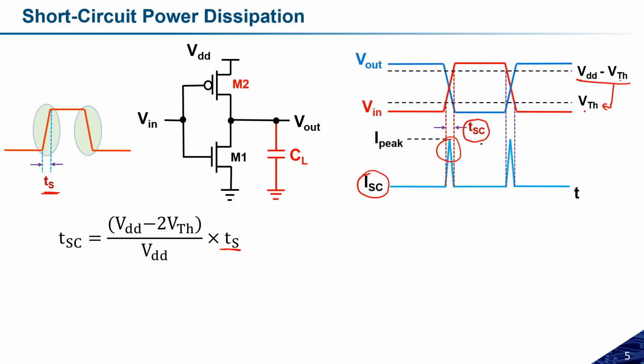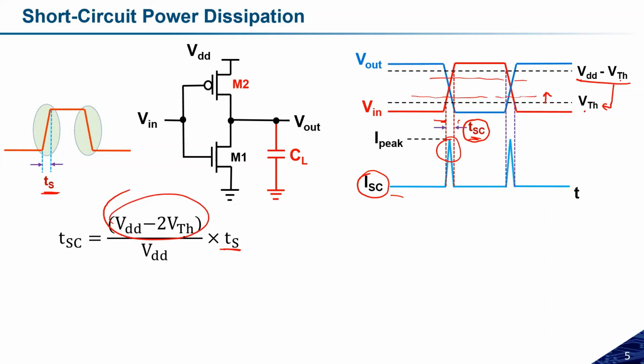TSC should be as small as possible so that ISC can be reduced. And if we are able to reduce this ISC with the help of this TSC, then the short circuit power dissipation will be less. But the important thing is how we can reduce this one. To reduce this, I have to increase the threshold voltage to the higher side. If I am increasing the threshold voltage, this range will be something like this, so this overall value will reduce.